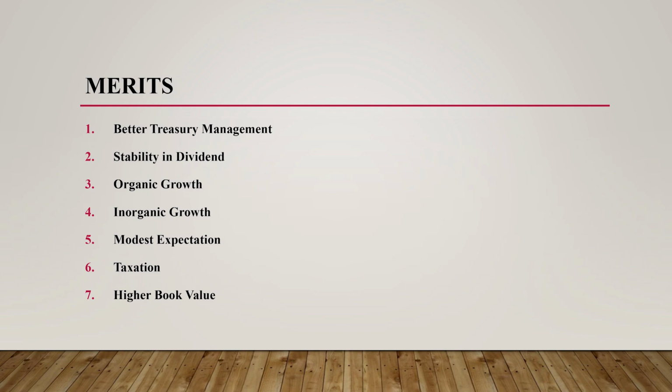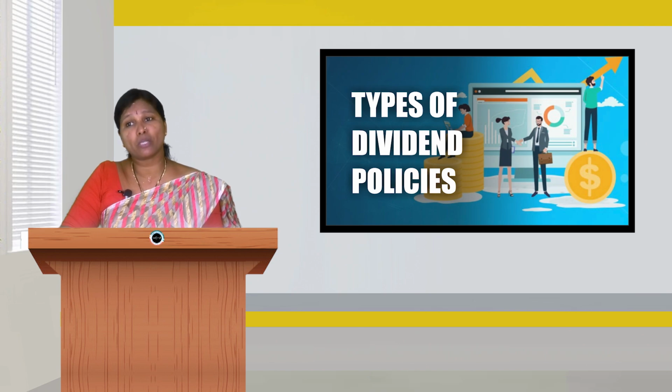And the next one is inorganic growth, also possible in the case of this conservative dividend policy. A highly competitive market that calls for consolidation through mergers and acquisition. So the best way of funding such activities is out of retained earnings. So how is it possible? Because of the conservative dividend policy.